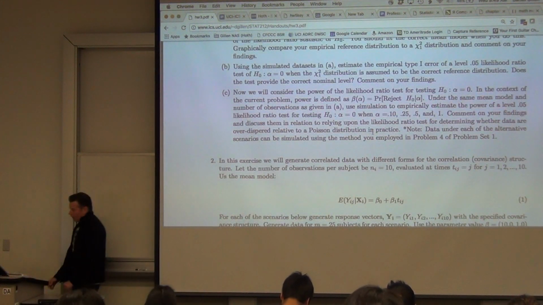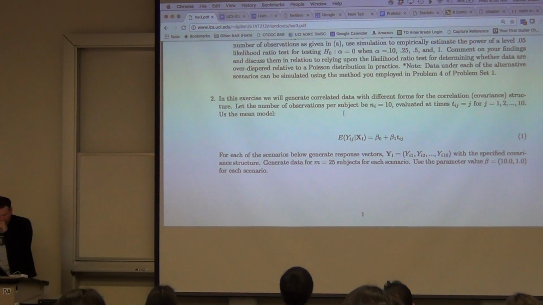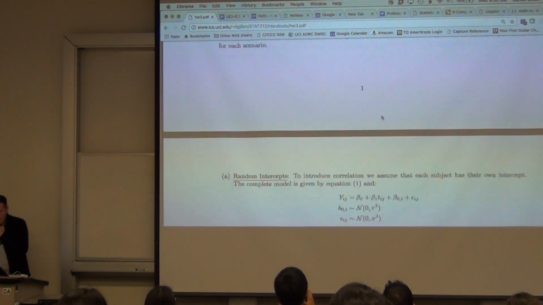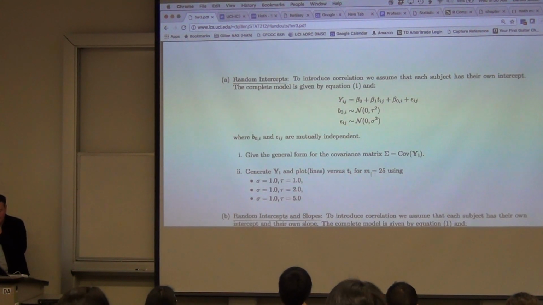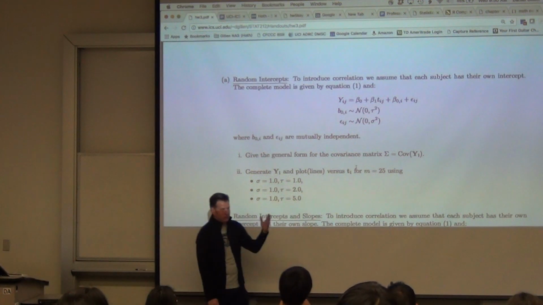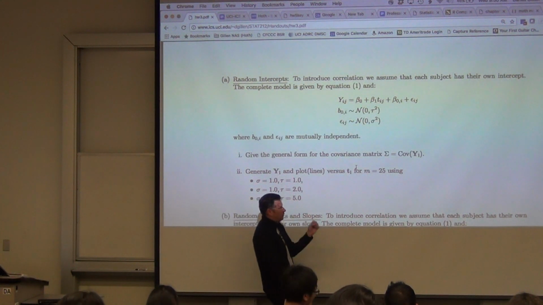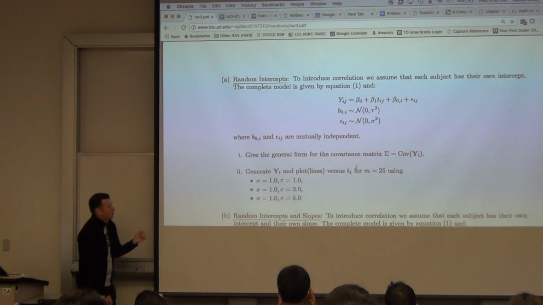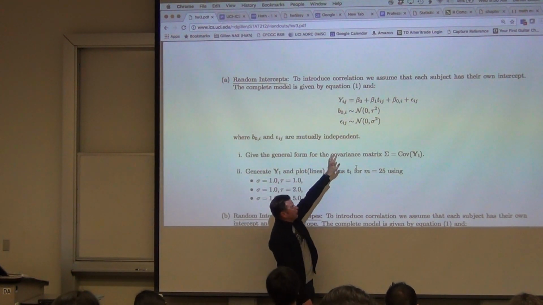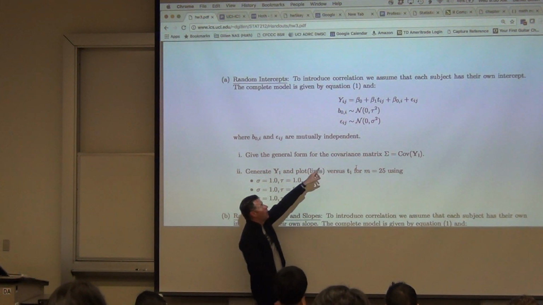Good. So the next problem is that we're going to go back to our correlated data setting, of course. I want you to start to learn to visualize what spaghetti plots look like under different correlation structures. You're going to simulate data for me under a few different correlation structures. The very first one is just a simple random intercept model, so each subject varies with respect to their intercept. So I have a b0i up there.